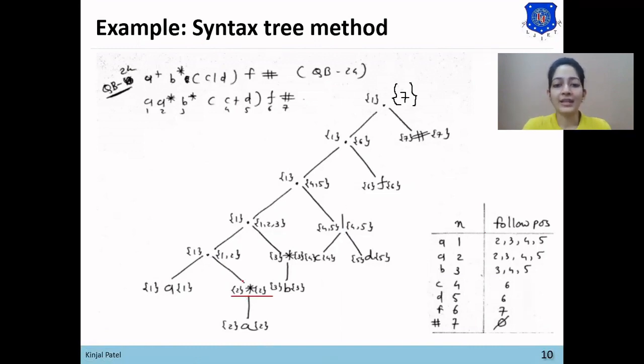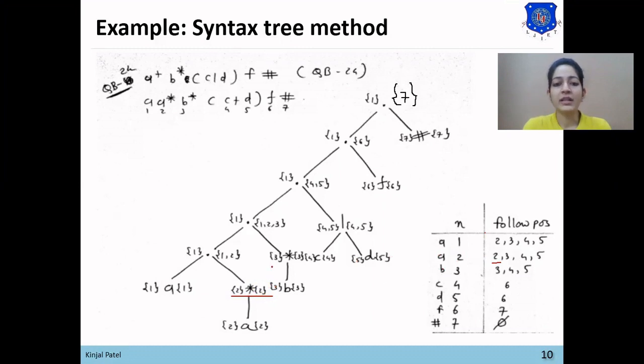So we'll apply the rule of follow position for star node. Here for star node, first position of star is 2 and last position of this star is 2. So the follow position of this last position will be its first position, means the follow position of 2 will be 2. So here follow position of 2 is 2.